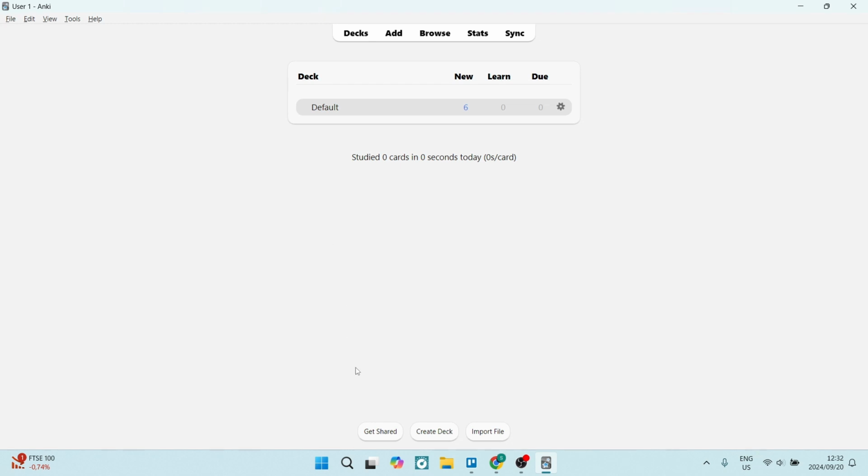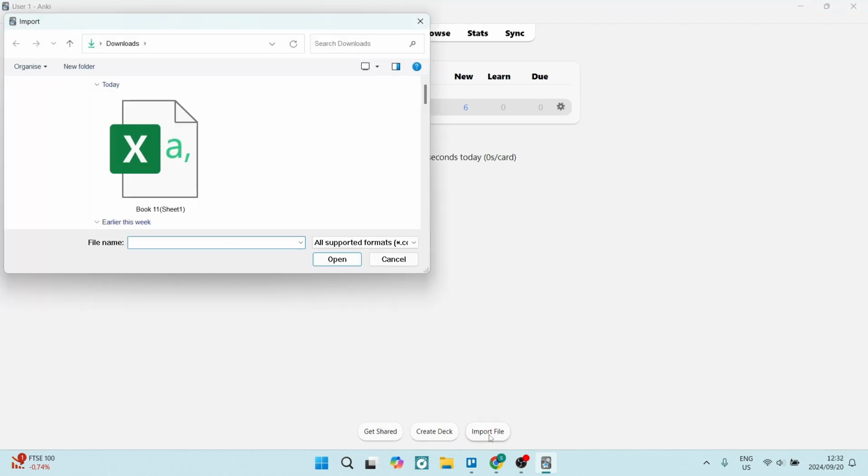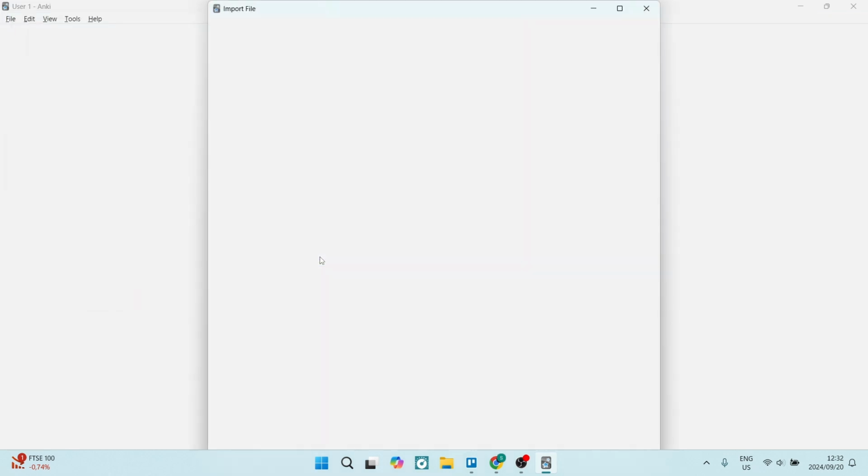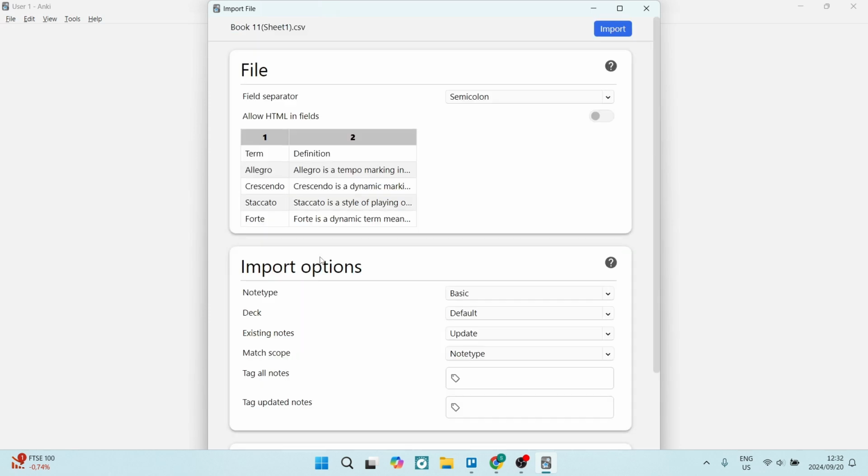to do now is right at the bottom there's a few options. Here you want to click on import file. Now once you've clicked on import file, you'll get to see all the files within your device, your computer, and I'm going to select this one over here. I'm going to just say open, and from here it'll import the file and it'll give you what it says